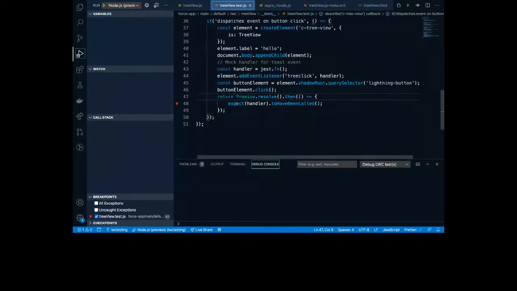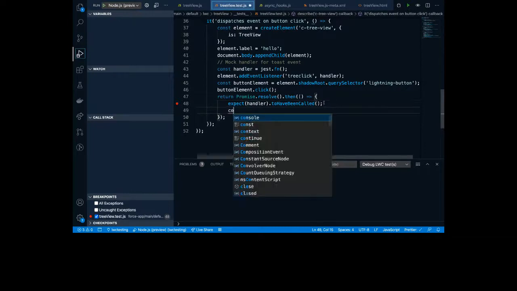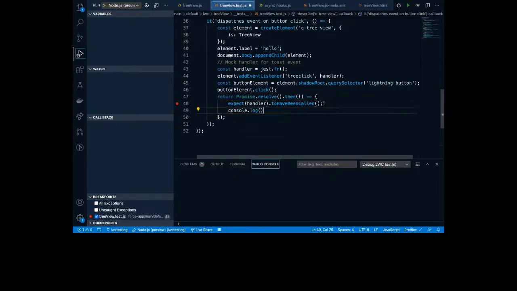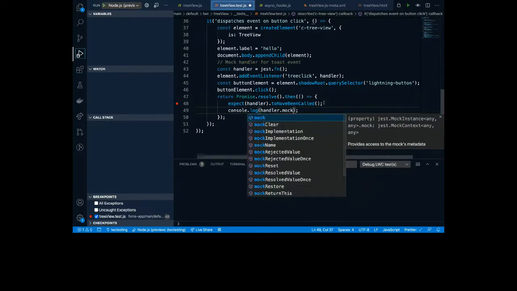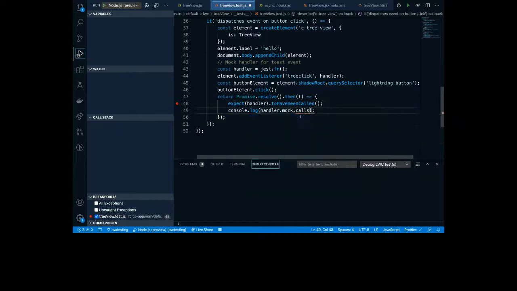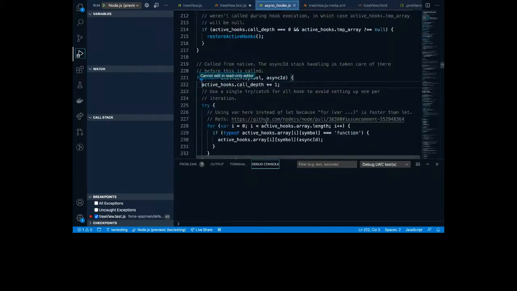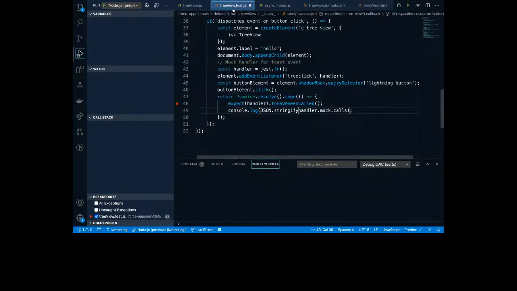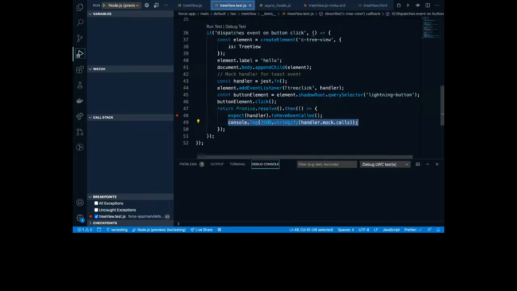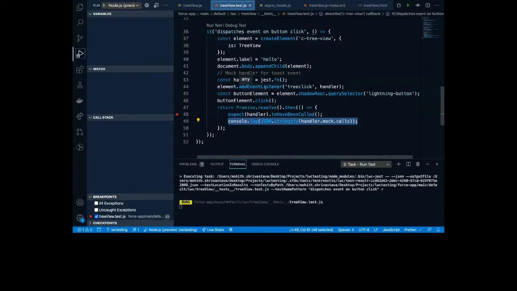So debugger works, right? As I said, handler has two things. So we can console.log two things here. One is handler dot mock, right? So mock has calls, right? So we can basically do this with JSON.stringify. Okay, so let's run this. This will show what calls has, right? So when I run this,